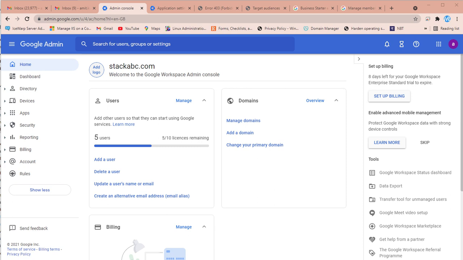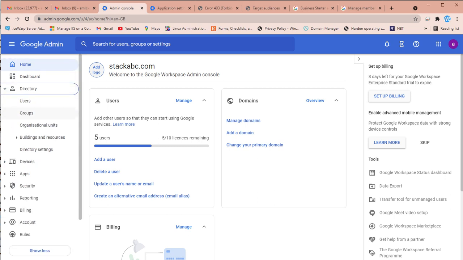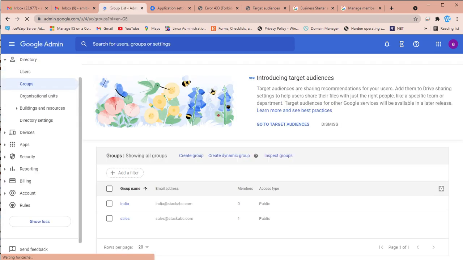Or later, if you have created 3 accounts which are already added in a dynamic group, and later on you create a new account and specify the department IT, the user will be added automatically in that group. So this will help administrators add users through the attribute value. For creating a dynamic group, you need to go to the directory tab and groups. This tab was used earlier for group creation.